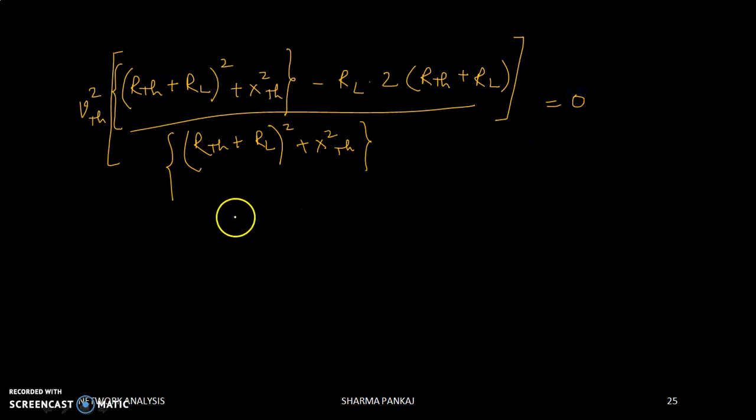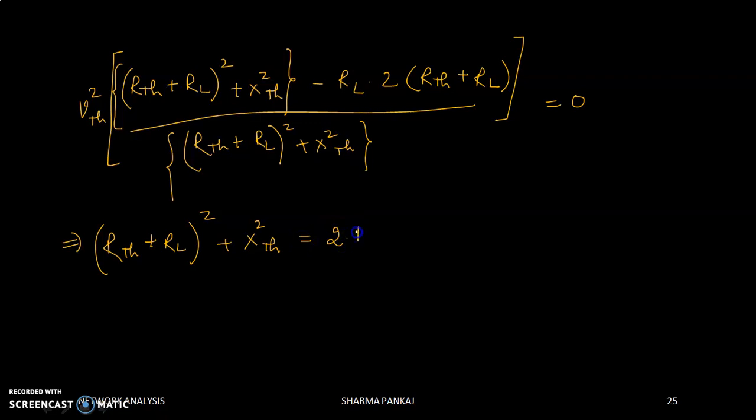Okay. That implies RTH plus RL whole square plus XTH square is equal to